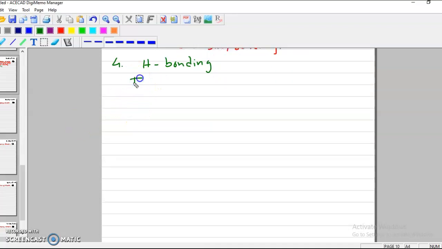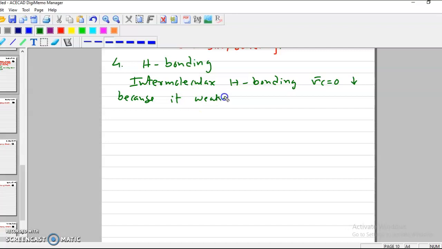So normally there are two types of hydrogen bonding. In case of intermolecular hydrogen bonding, that means two different molecules combine with each other due to hydrogen bonding, the C=O frequency decreases. Why? Because it weakens the C=O bond. This is the reason. For example, if you take C=O OH, a monomer,